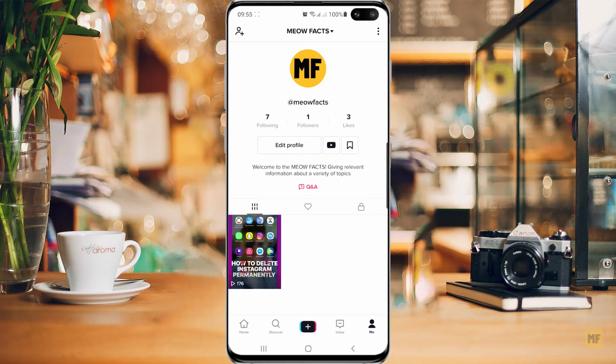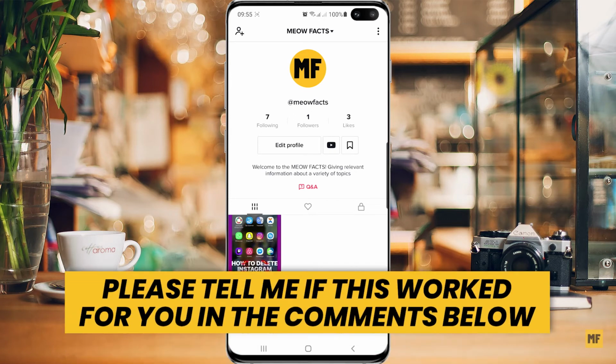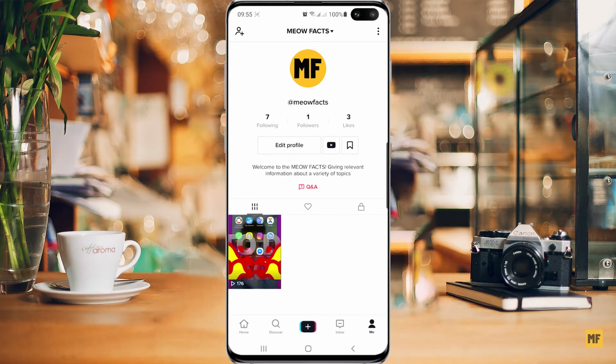Hi guys, in today's video I'm going to show you how to allow people to make a duet or stitch any of your TikTok videos. So if you have posted a whole lot of videos on your TikTok account and you want to allow people to make a duet of those videos which you have made or stitch any of them, just head over to